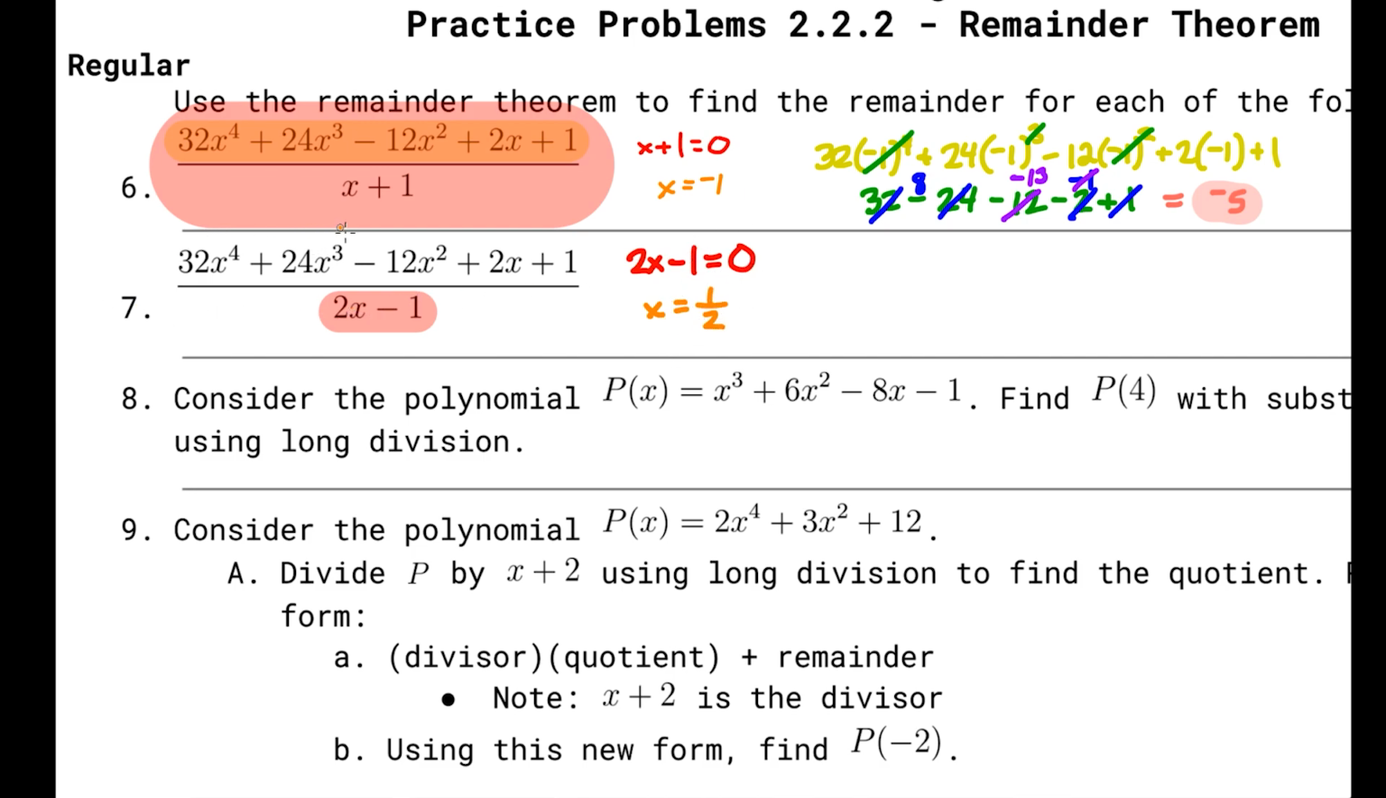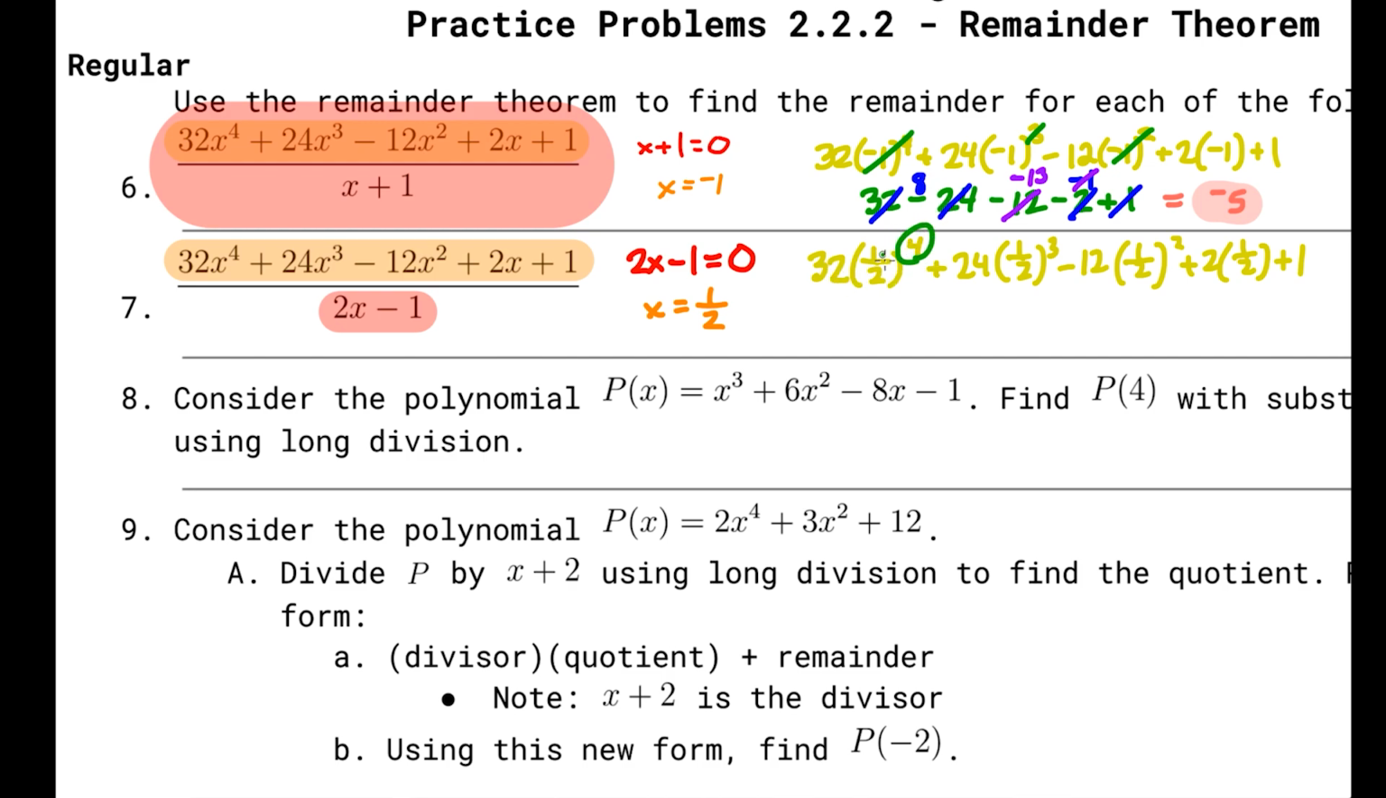So now what we're going to do is we're just going to plug in 1/2 to everything where there's an x in that numerator. Okay, so it's going to be 32 times 1/2 to the 4th plus 24 times 1/2 to the 3rd minus 12 times 1/2 squared plus 2 times 1/2 plus 1. Okay, now there's powers of 1/2, and you can just think that that's just telling you how many times to divide by 2. Okay, so for this first one, you're dividing by 2 4 times, essentially, by multiplying this 32 by 1/2